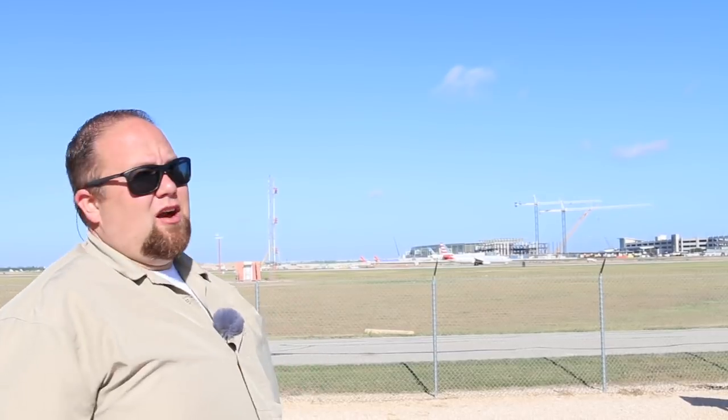Airplanes, I love them. Airliners like the ones behind me carried over 900 million passengers last year, and that number is steadily rising. So you can tell by all the construction here at the Austin airport. The question today isn't so much what goes on inside that building, but rather outside of it, at the airport